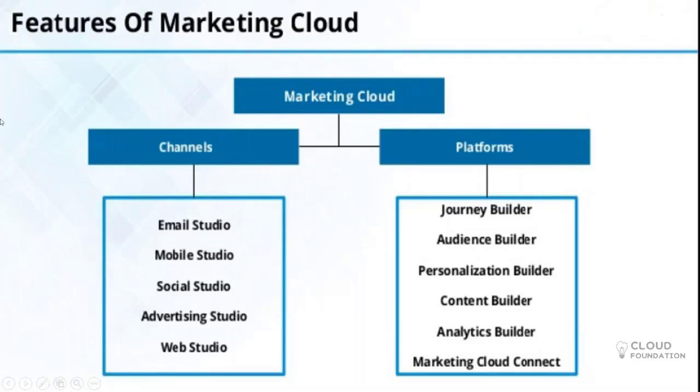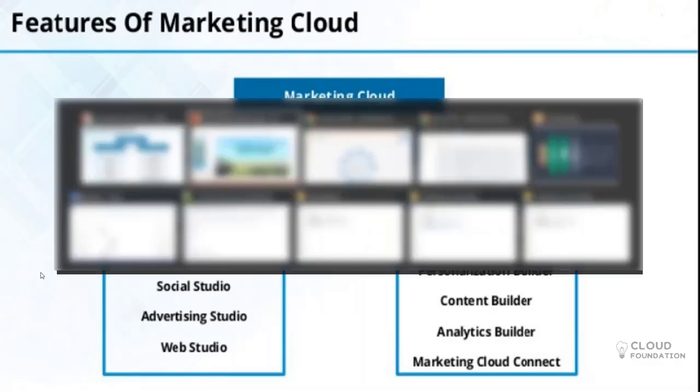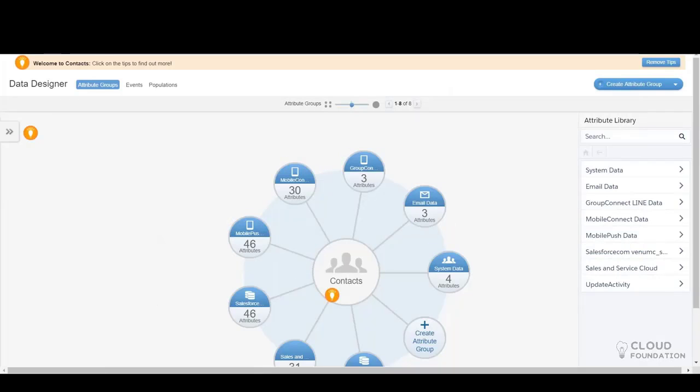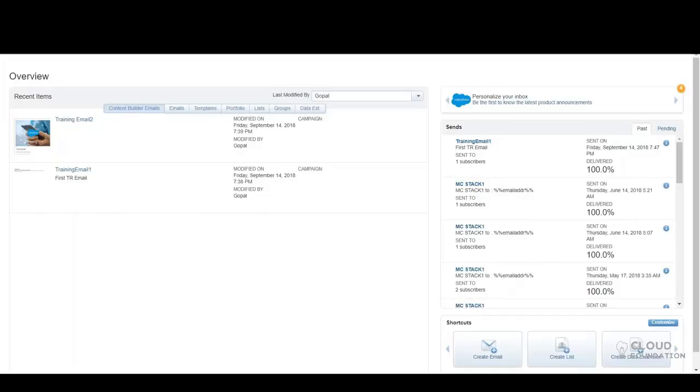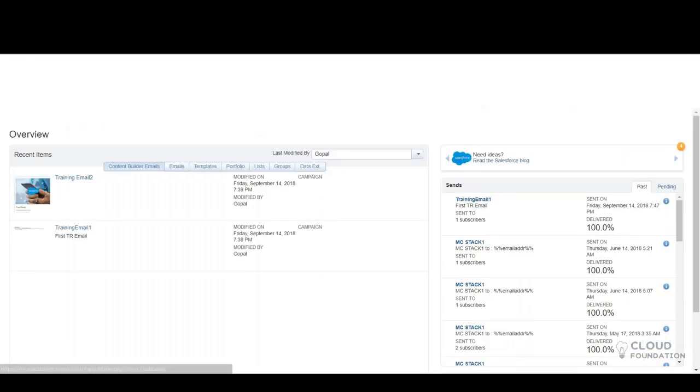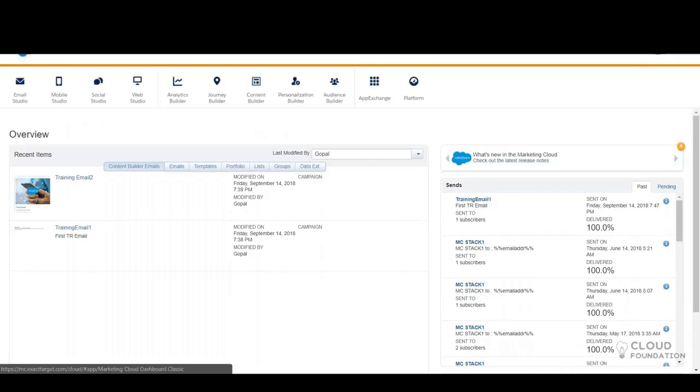And what I'll do is I'll just open the Marketing Cloud and I'll show you. Okay, if you can see, this is the Marketing Cloud UI, and you can see the different channels I talked about. This is Email Studio, this is Mobile Studio, this is Social Studio, Web Studio.